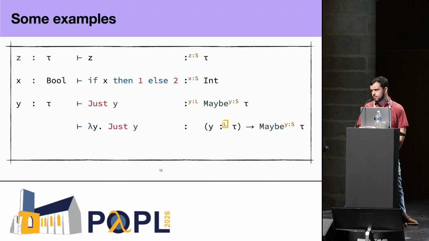So what about the annotation in the maybe? That is describing the fact that this maybe type will cause further downstream usages of y if you inspect it, like if you open it and then use its contents. So here, this function type is telling us that while we're lazy immediately when you call the function, if you then take the result of the function and inspect the return type, that will cause downstream usages of the argument.